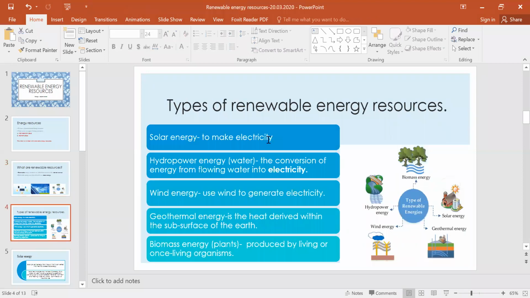Let us see the types of renewable energy resources. First one, we have solar energy, or the energy which comes from the sun; hydropower energy, or the energy coming from the usage of water; wind energy, the usage of wind; geothermal energy, which means the usage of the land or the soil or the layers of the earth, which have their own heat. We use the hot water, in fact, and the steam, as we're going to see. And the last one is the biomass energy.